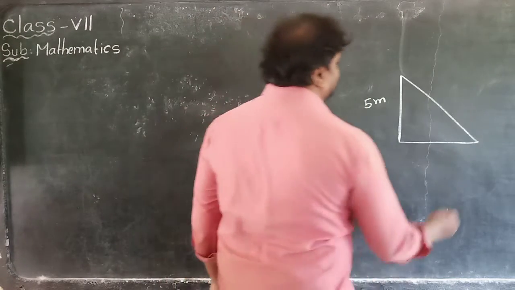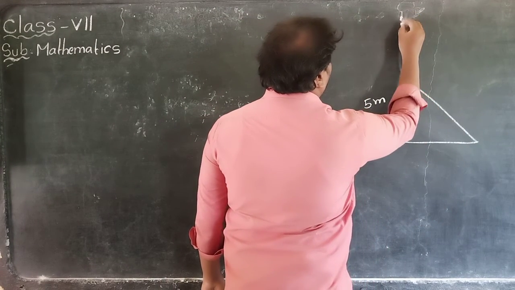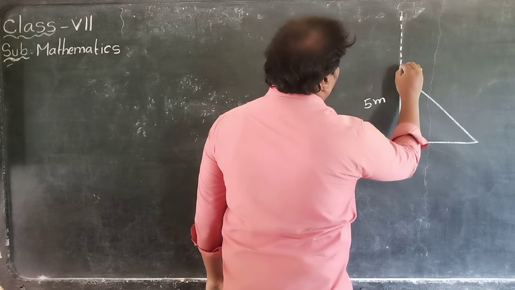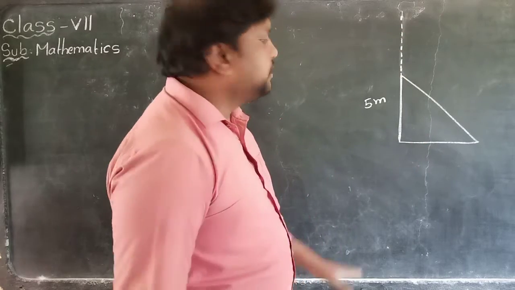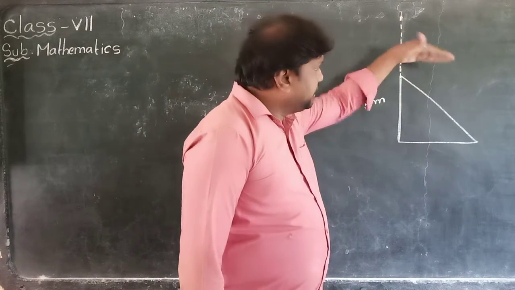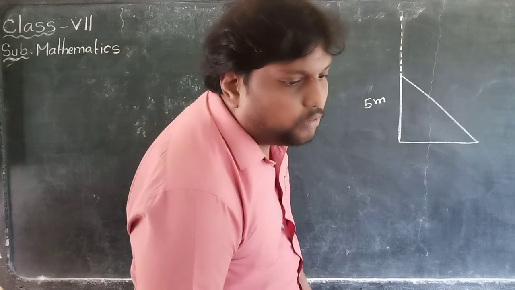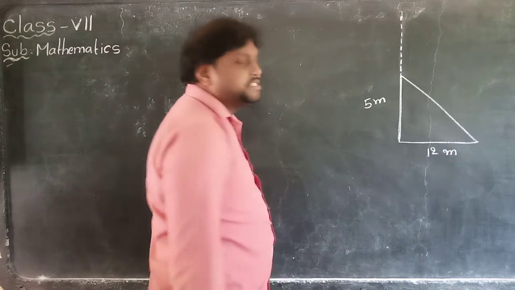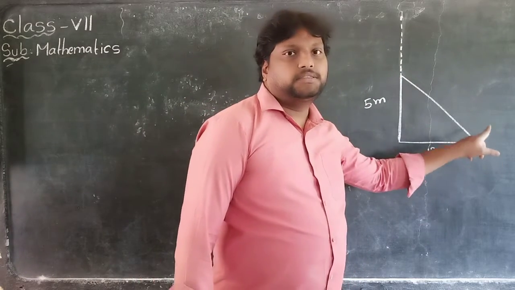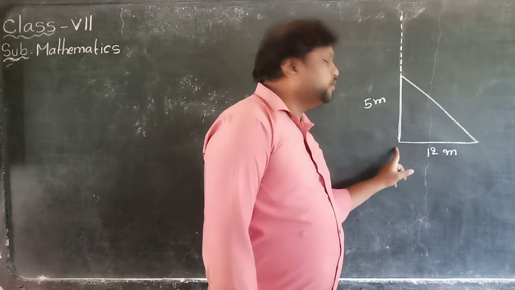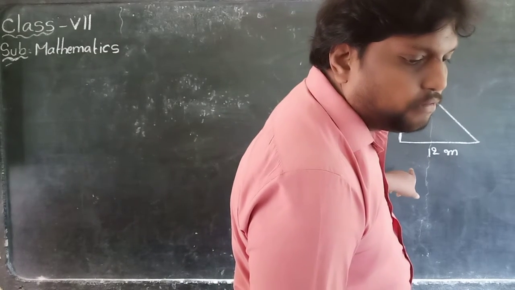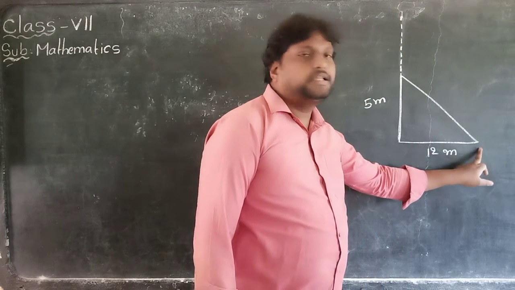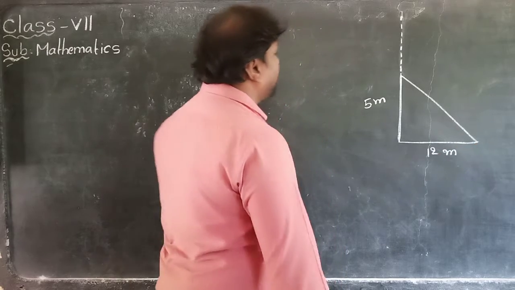And touches the ground. Just imagine this is the down part of the tree. This is the upper part of the tree. Then the distance given is again 12 meters. The distance indicates from the base of the tree to the top of the tree. The distance between these, then we have to check.